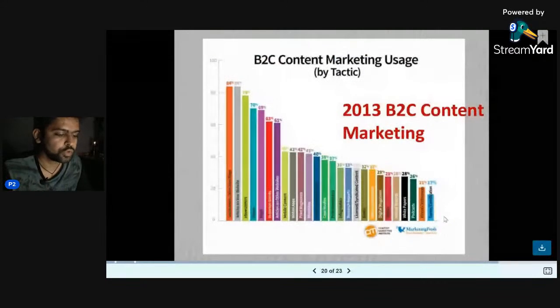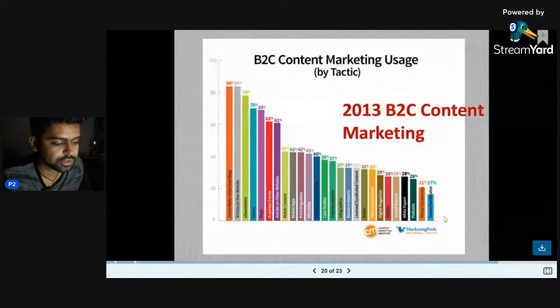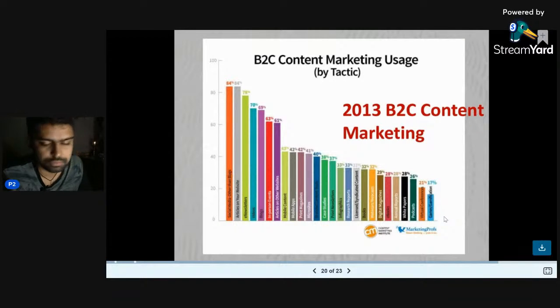And of course, this is some insight into what exactly B2C content marketing is working out. They have given some charts showing how exactly it is growing. I will give this in the description, feel free to check them out. I don't think this will be very helpful for your purpose, it's just for giving insights.